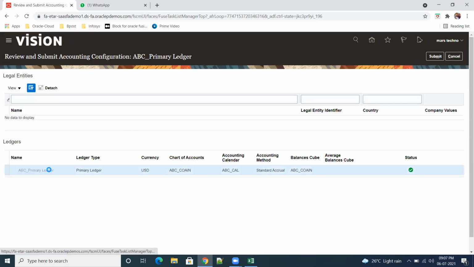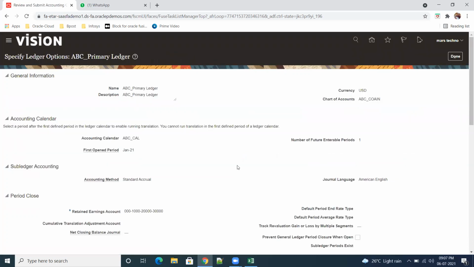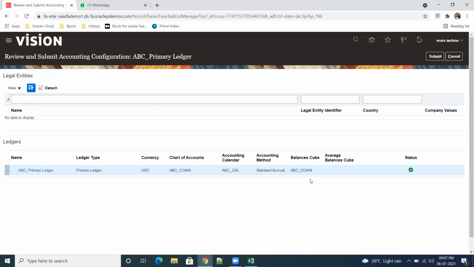Our ledger is already here and we don't need to do anything. If we see the status, earlier it was in process. Once we complete this setup, the status will go to green. It is just like activating the ledger. That's all, there is nothing other than this.